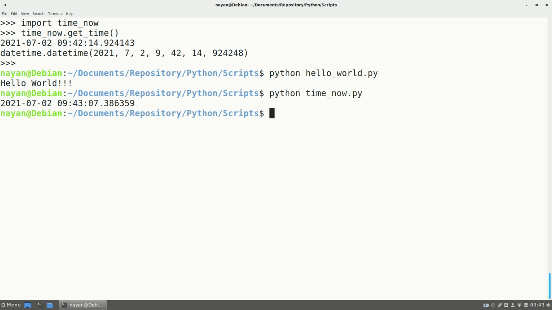So this is how you can run any Python script from the command line or terminal via two ways. One is from the Python shell, another way is from the terminal itself. Again, from the Python shell, you have two ways. Either you import that script or that function and execute it, or you use the exec execute command and run the Python script. So these are the different ways to run a Python script from the terminal or the command line.